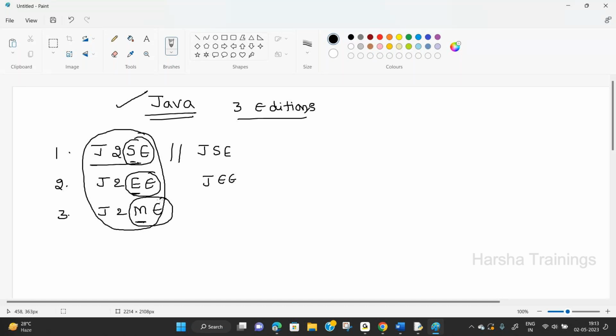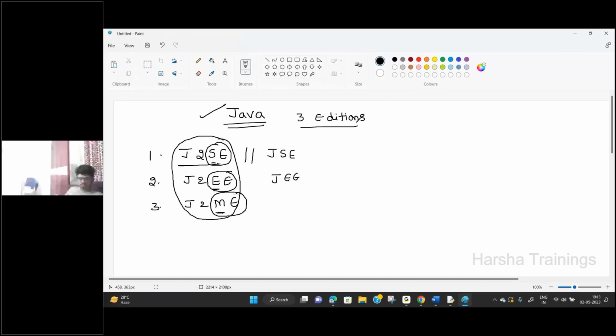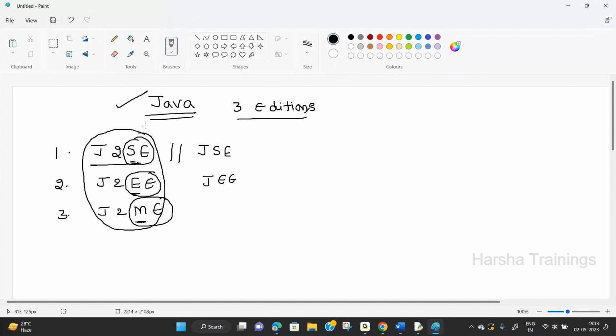So, why are they dividing like this? Simple thing. First, J2SE is used to develop desktop applications, also called standalone applications.